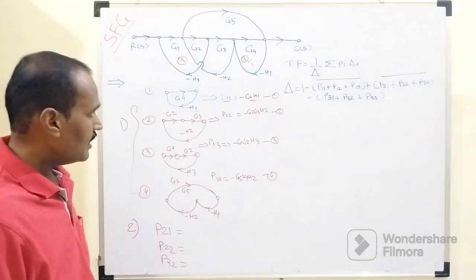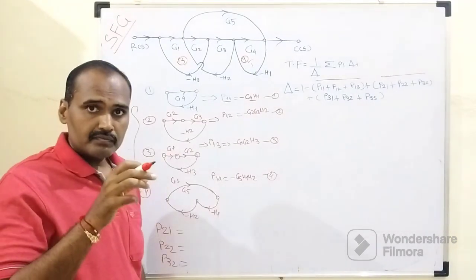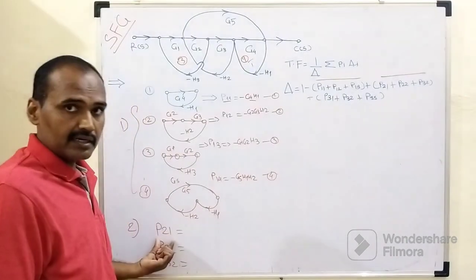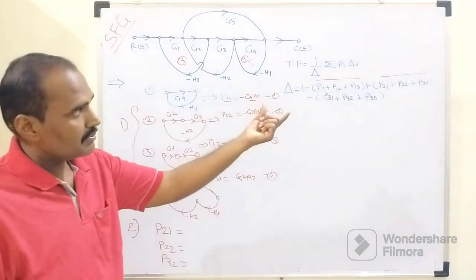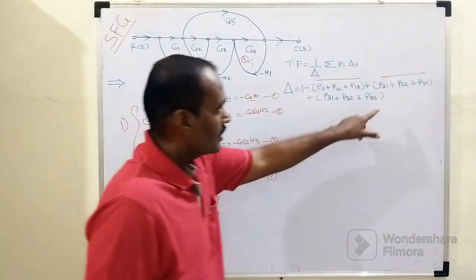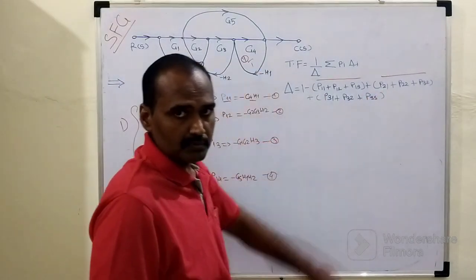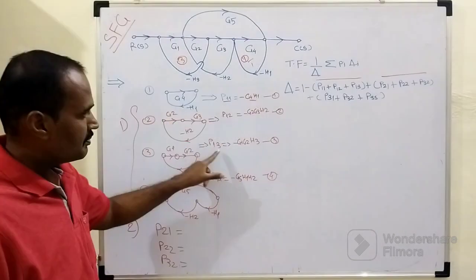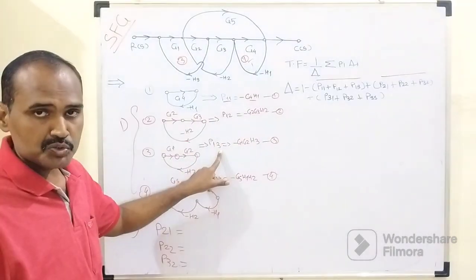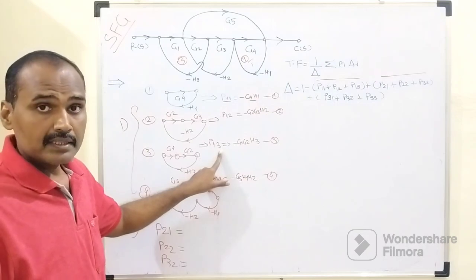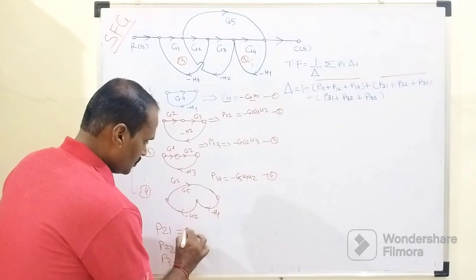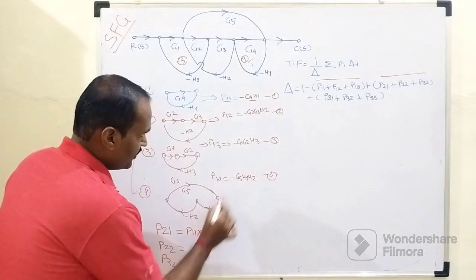So we can say that the first term which is written within the second parenthesis is nothing but P21, right? The first two non-touching loops, we will come to know, are P11 and P13. So their gain product itself is P21. So here I will write P21 equals P11 into